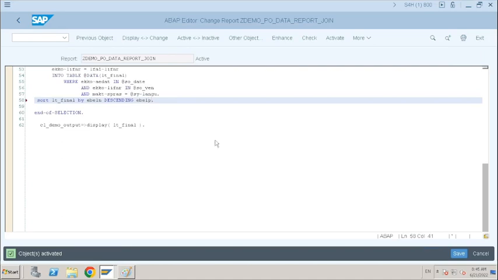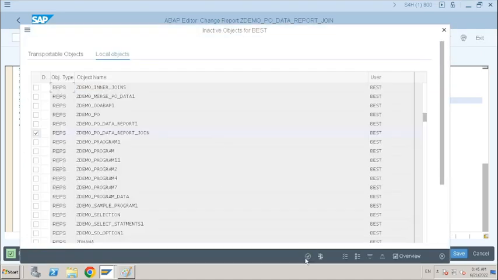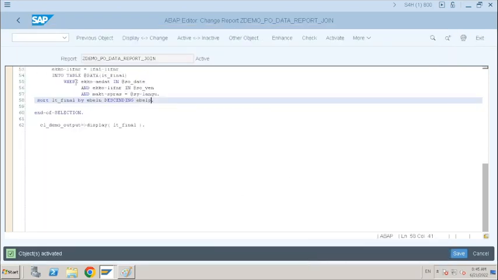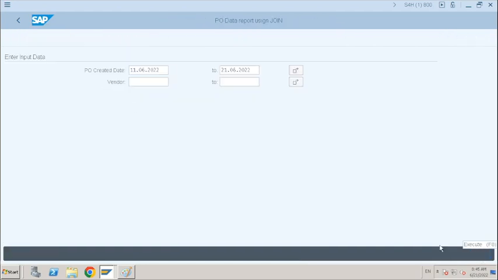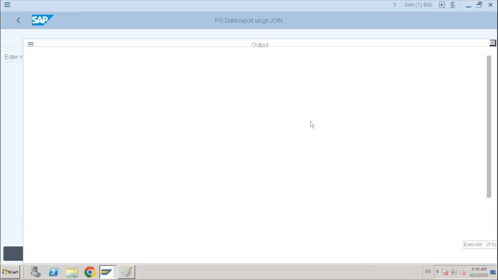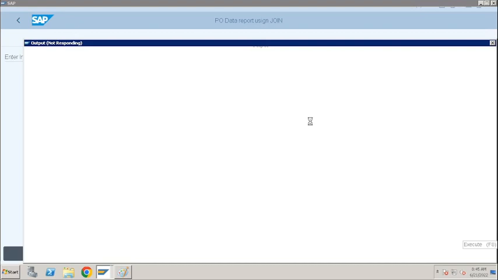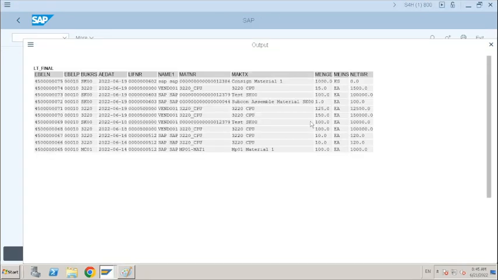And this is very important. If you are able to understand this program, it is very easy for you to write any program. Mostly in S4 HANA, we are using joins only. In previous versions, we preferred joins only for two or three or four tables. We were not using joins on more than three or four tables in the previous ECC version because of the performance issue and duplicate records. But now in S4 HANA version, it is recommended to use